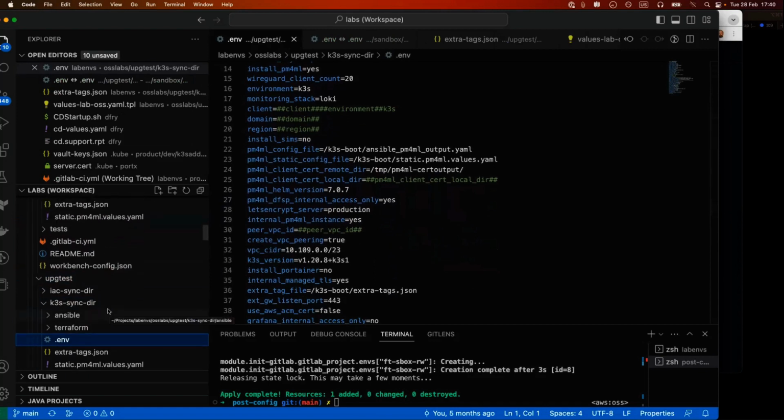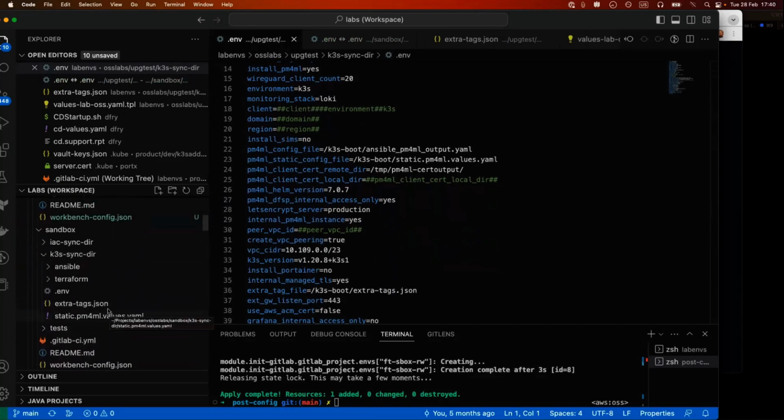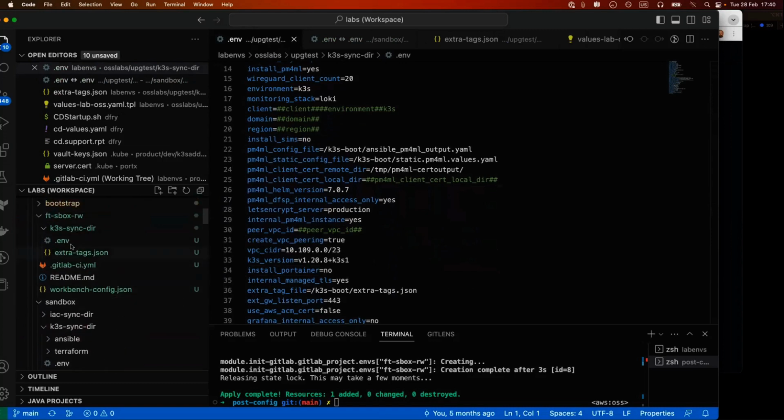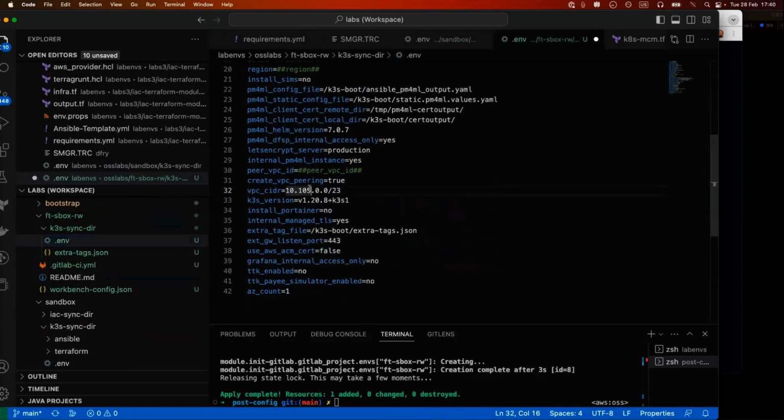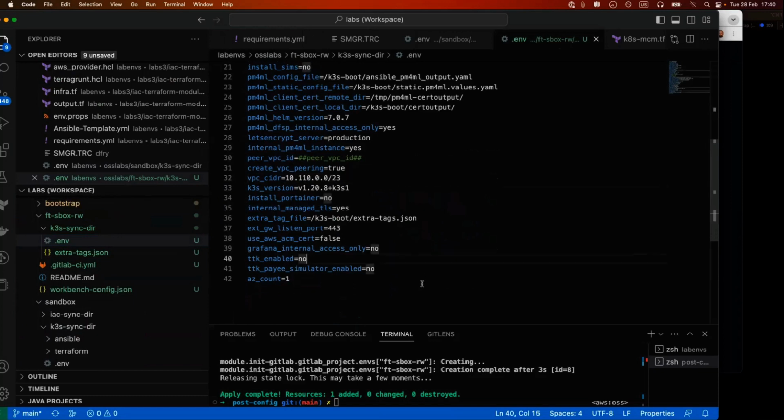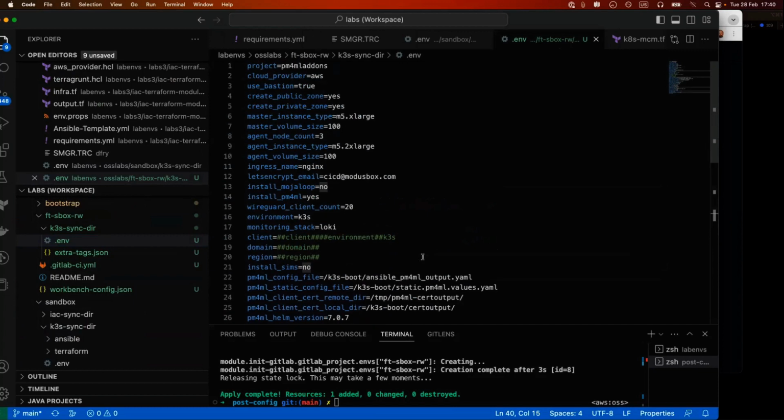So if it's not running and it's been destroyed, there's no issue. You could reuse it, but just to be careful, we should use a unique CIDR. So here I'm just going to bump this to 110. And that's basically all the changes that we need to make